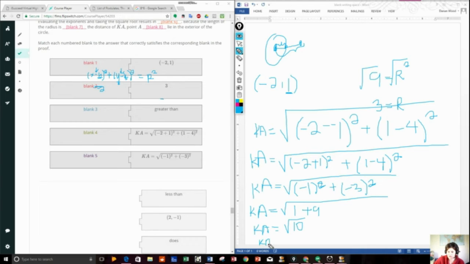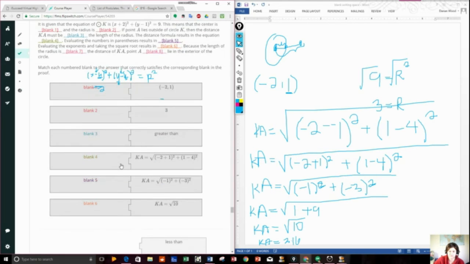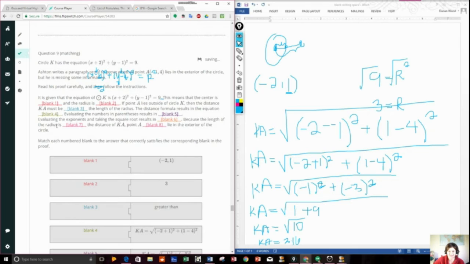So KA is equal to 3.16. So blank 6 is the square root of 10. That's what we wrote, but he didn't take the square root yet. So that one, because the length of the radius is 3,